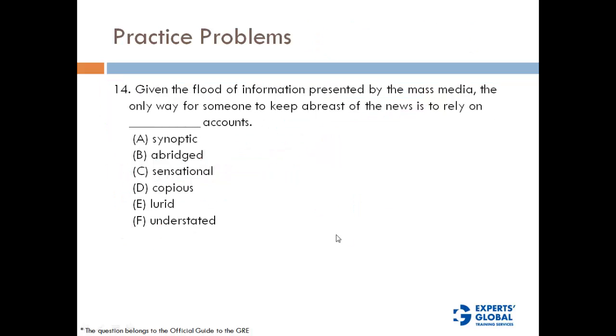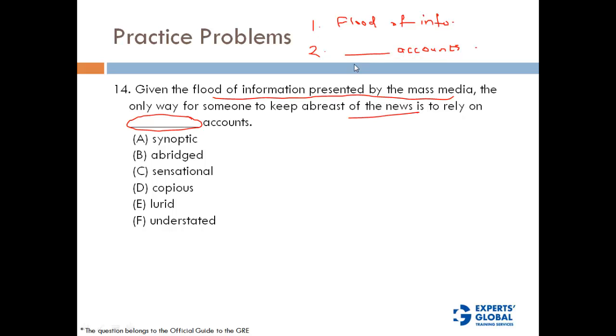Let's look at this one. What is the first fact? The first fact is there is a flood of information presented by mass media. So we have a flood of information, right? Second, the author says that the only way to keep up with the news is to rely on dash accounts. So the author seems to say that there is a lot of information, and the only way you can get all the information is by relying on dash accounts. So this missing word has to somehow